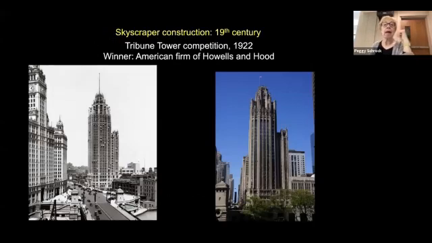The building that won was the Howells and Hood building. And this was everyone's idea of the most beautiful building in the world. It still stands. It really is a beautiful building in Chicago. It's totally a revivalist structure